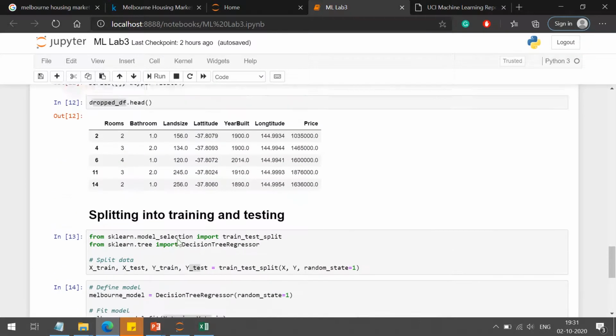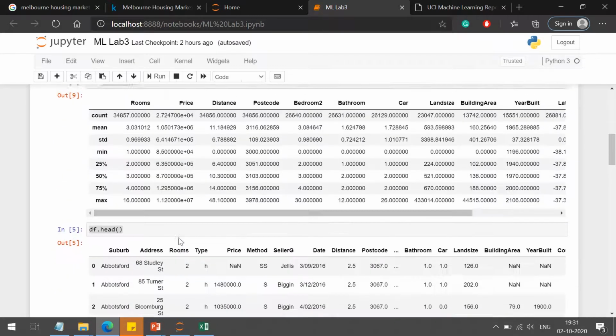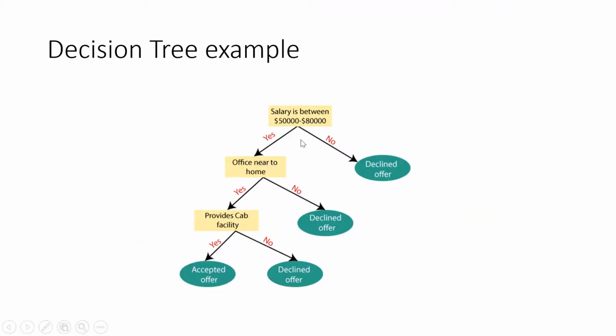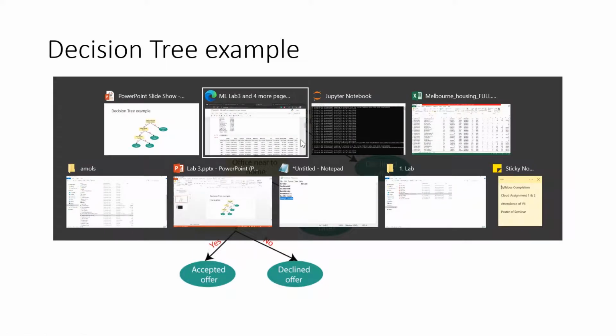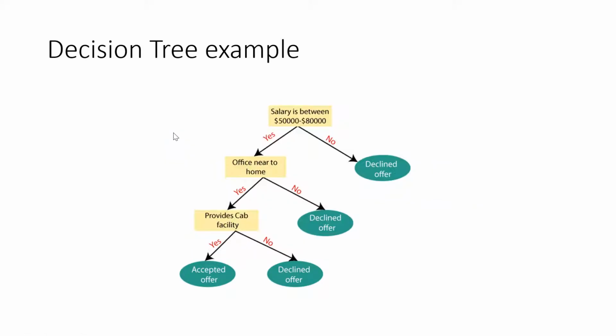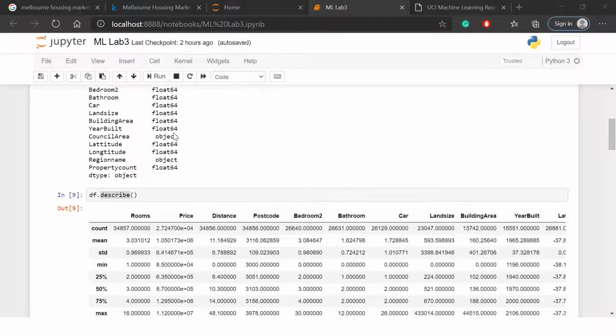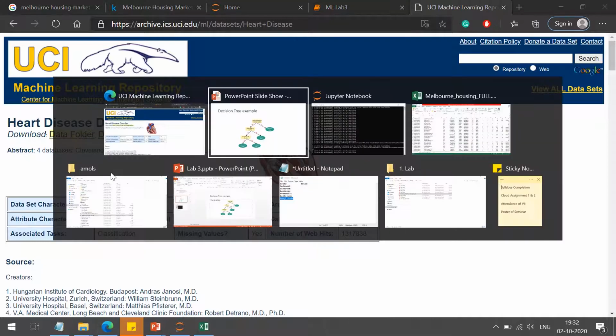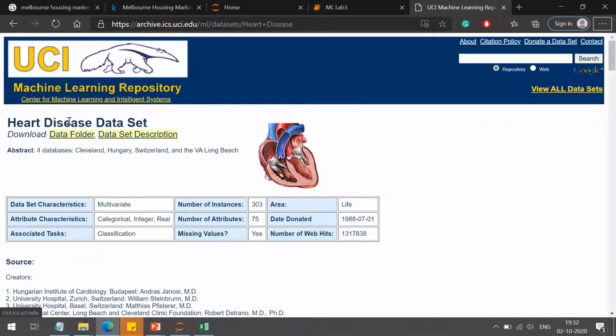R2 score. This is regarding the decision tree regressor, but actually decision trees are more suitable for classification tasks, just like the example that we have seen here. By mistake I have selected this dataset, where classification is not possible, but for this practical you can come up with a different problem statement. For example, you can try the heart disease dataset, where you can predict whether a person will have heart disease or not. So you have an option between this Melbourne dataset and this UCI dataset.